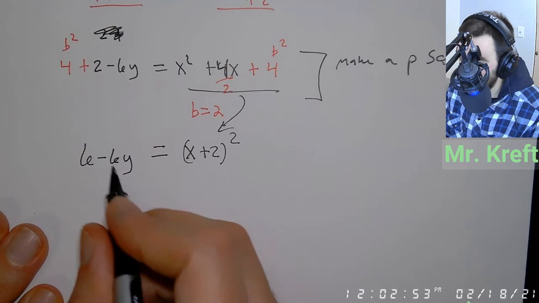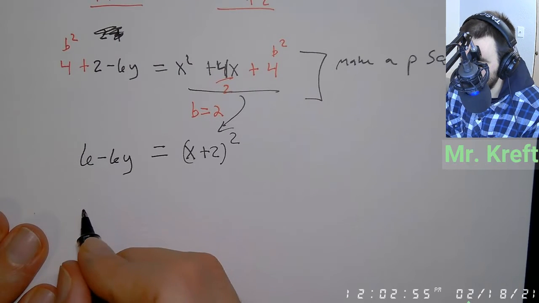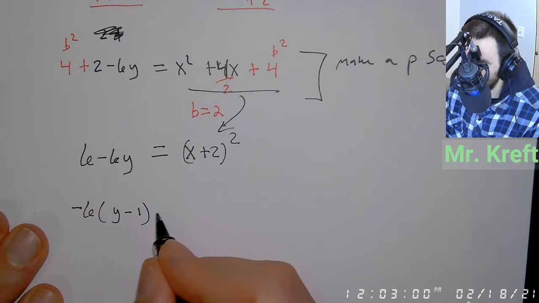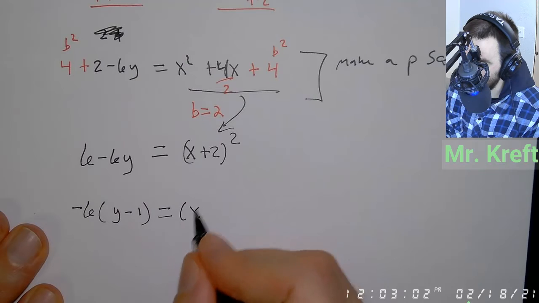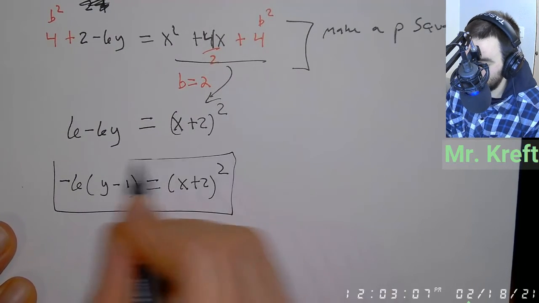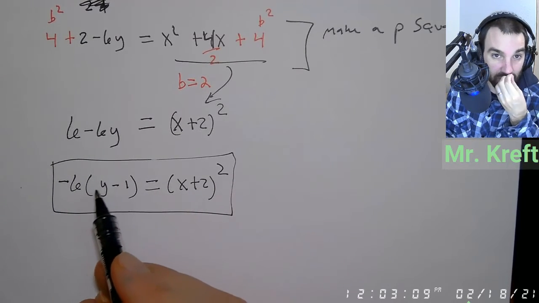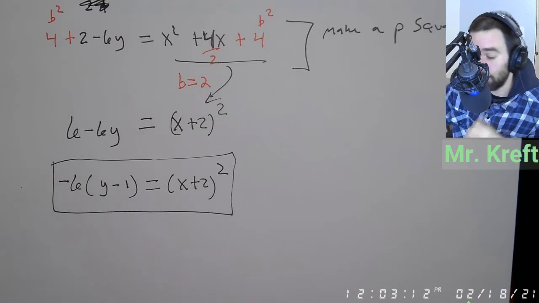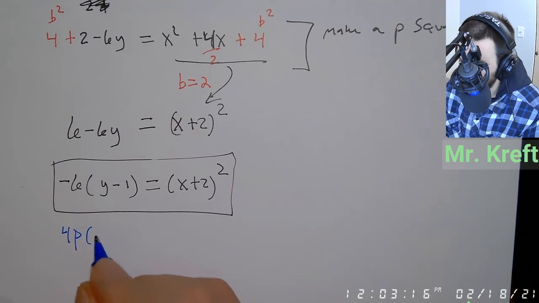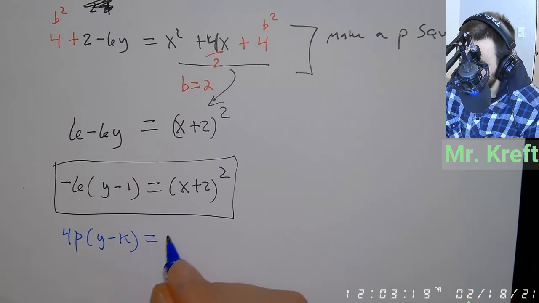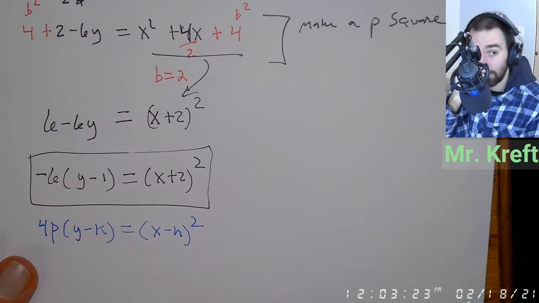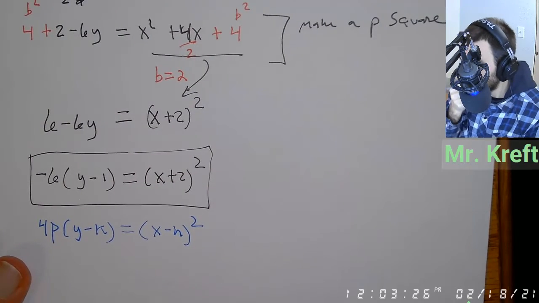I can factor out a 6. Let's factor out a negative. So if I go -6, then I get y minus 1, and then I get x plus 2 quantity squared. I just pulled out a -6 here so that it looks like the function that we had before. The function that we had before was 4p(y minus k) equals (x minus h) quantity squared. So if I want to find my vertex,